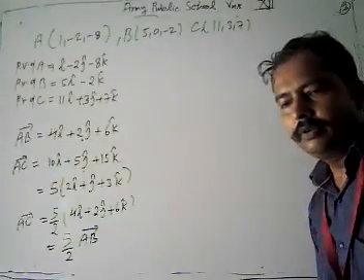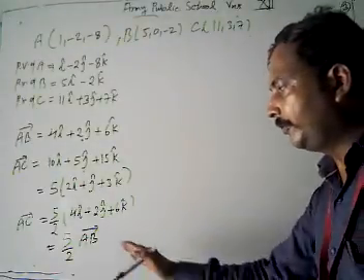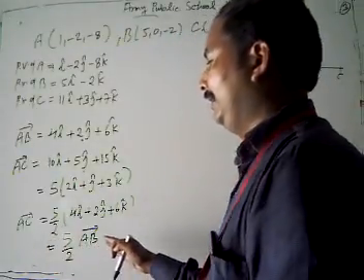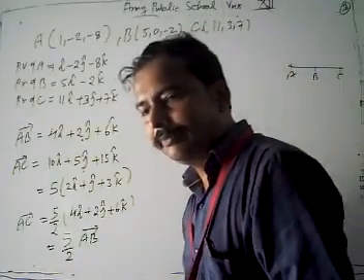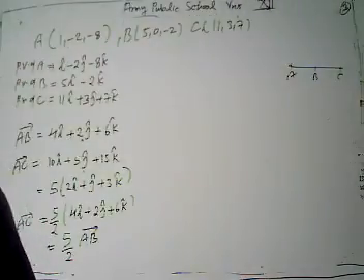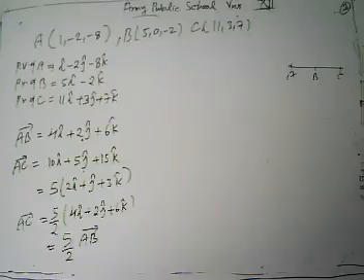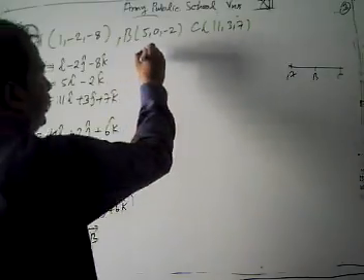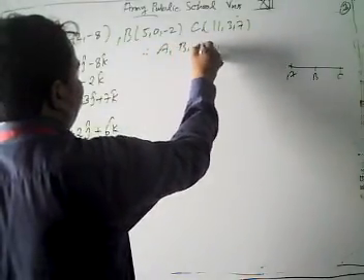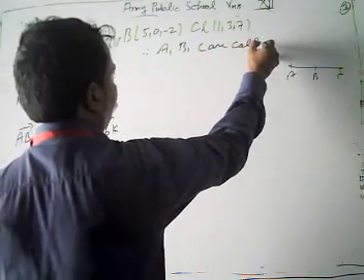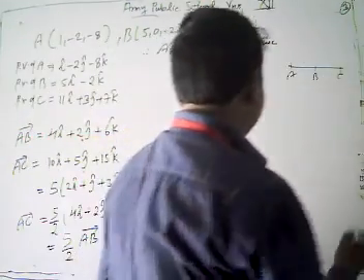The initial points are the same, so we can say that A, B, C are collinear because